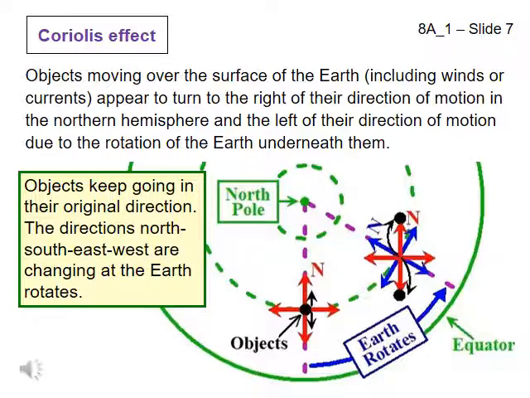As the Earth turns, the directions north, east, south, and west change, see the picture on the slide, but moving objects continue going in their original direction. In other words, an object moving north continues to move towards the old north, not the new north that results from the Earth's rotation. To you and me and other objects standing still on the Earth, it looks like nothing has changed except the direction of the moving objects, because everything around us travels with us. Moving objects do not bend off course because they are changing direction, but because we in our point of view, the northeast-southwest arrows, are moving with the rotating Earth.